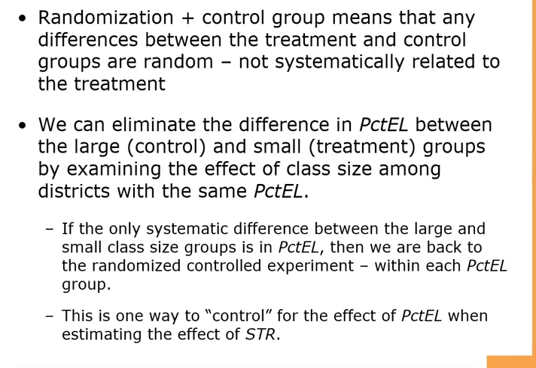So randomization plus control group means that any differences between the treatment and control groups are random and they are not systematically related to the treatment. On the other hand, in an observational study, characteristics will be systematically related to the treatment. The treatment in this scenario would be student-teacher ratio, and the characteristics which will be systematically related to student-teacher ratio